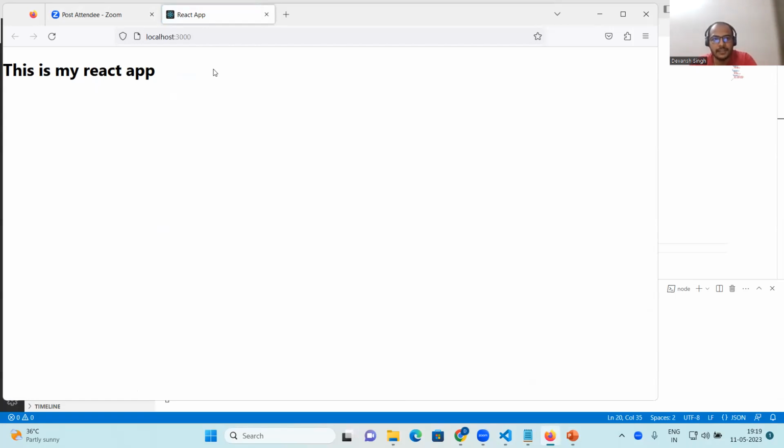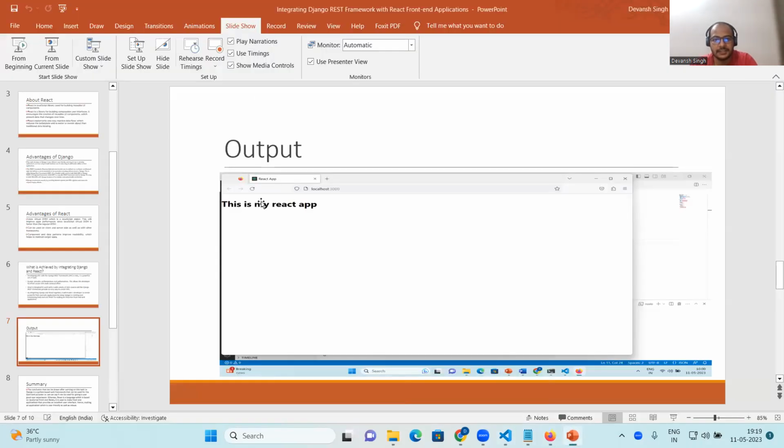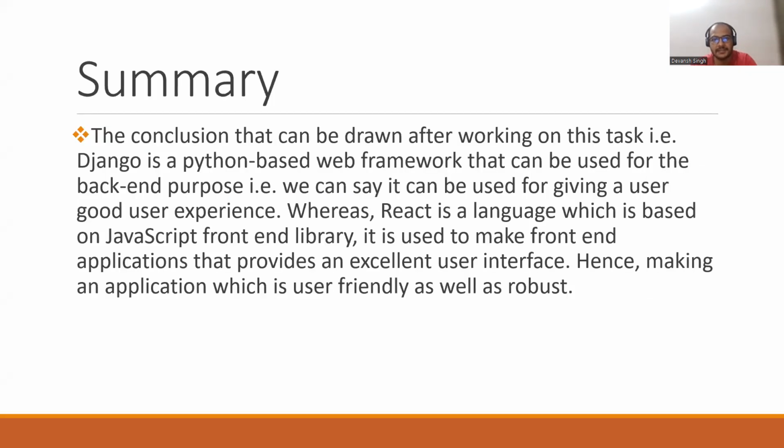Both the technologies are integrated in it, and Django is used for maintaining and creating the backend. We can say that it gives a good user experience to a user, whereas React, as we know, is a